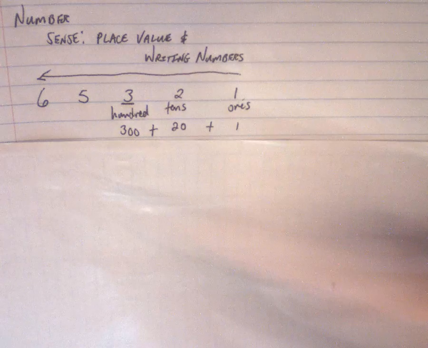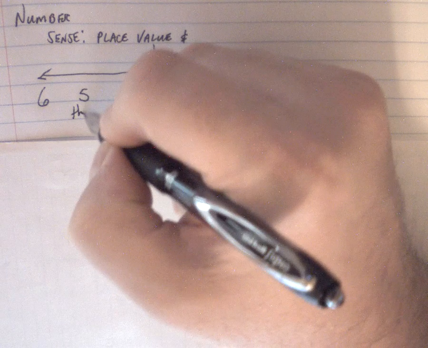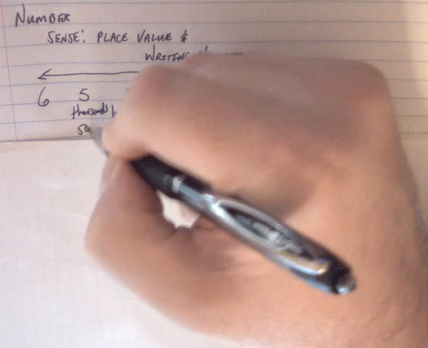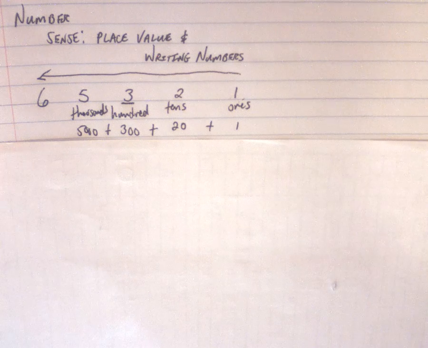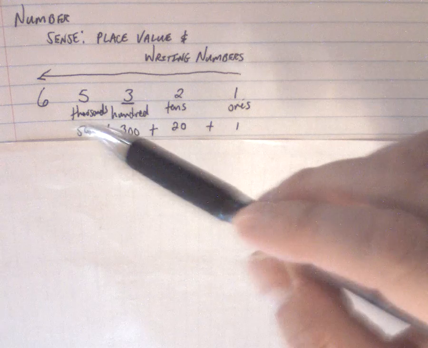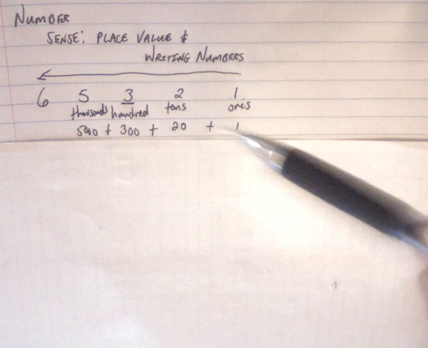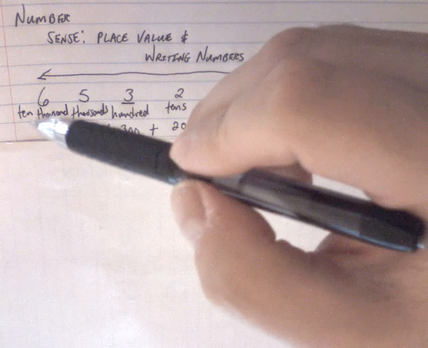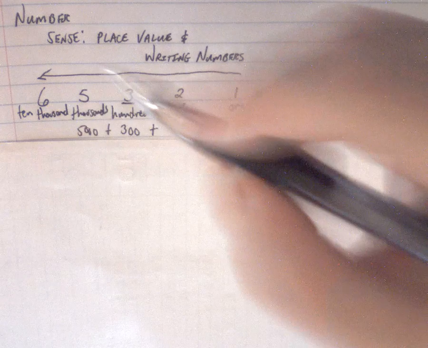So the 5 is actually in the thousands place. So if we were to write that value out, it would have a value of 5,000. And the 6, now when we go from thousands, we make a little bit of a leap and we actually add the 10 in there. So when we have this, we have 10,000. So it's in the 10,000 place value. Now what is the value of the 6? So that would be